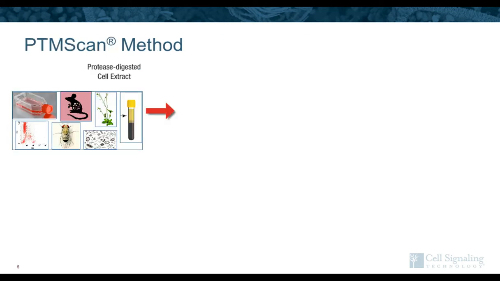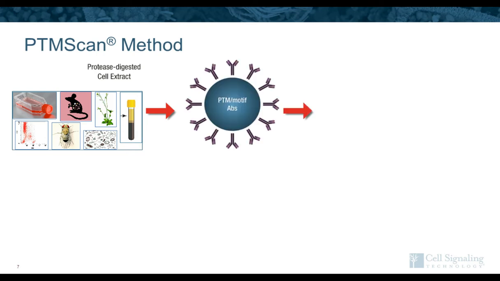So we use these specialized antibodies in the method, and one of the great things about PTMScan is it's very flexible as far as input material. So you can use cell lines, tissues, we've done plant material, microbial samples, whole organisms like Drosophila, sorted cells or subcellular fractions, even serum or plasma. And one of the first things we do is digest to peptides. So here we're doing peptide level enrichments, not enrichment of full-length proteins or protein complexes.